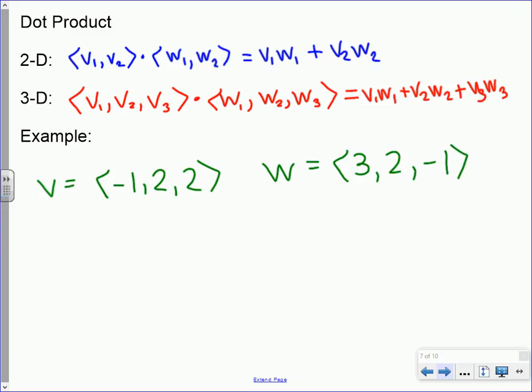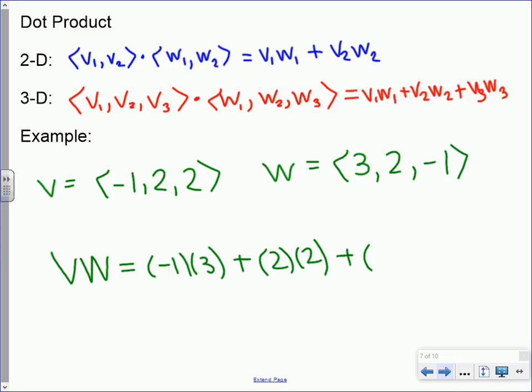So these are the 2 vectors we are going to use. Vector V is -1, 2, 2. Vector W is 3, 2, -1. And if we want the dot product, V·W, then we're going to take -1 times 3, add it to 2 times 2, and then add it to 2 times -1. So our dot product would be